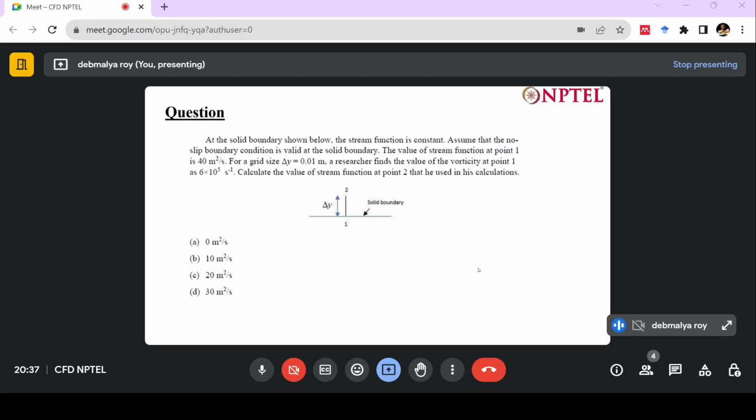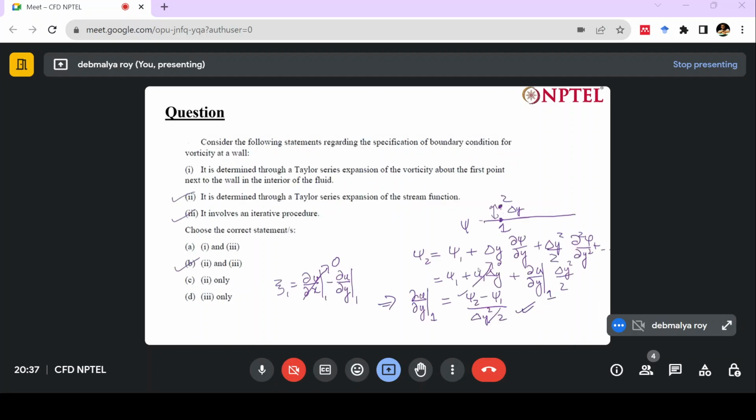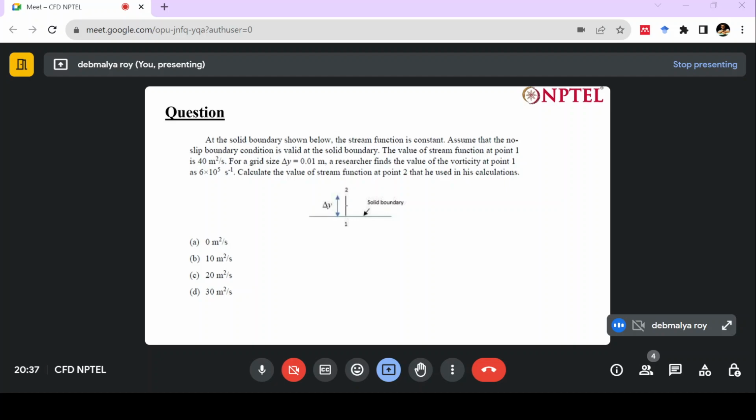Based on this concept that we have just now discussed, we have a problem here. Delta y is given, and vorticity at point 1 is given, and stream function at point 1 is given. We have to find out the stream function at point 2 that we used in our calculation. So psi 2 we have to find. So psi 2 is, as we have seen, psi 1